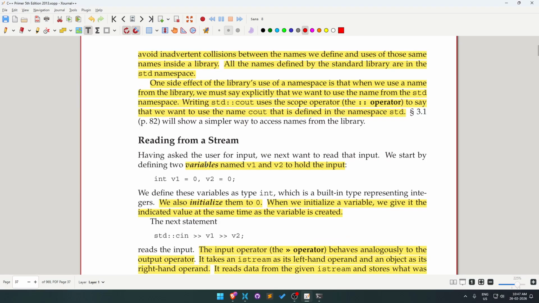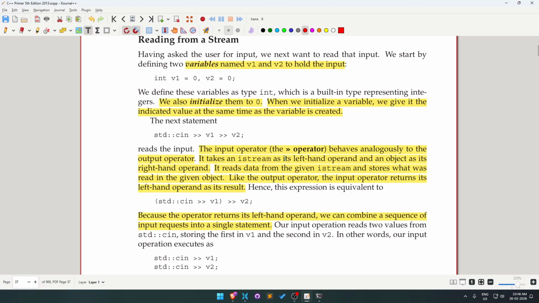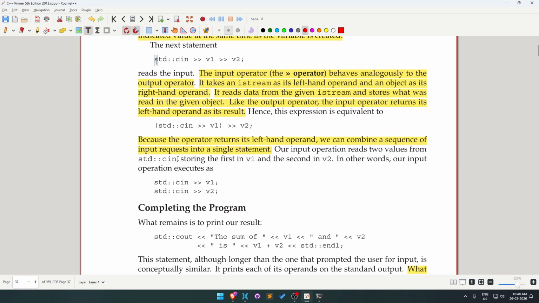Using named, reading, okay, reading from a string. The input operator behaves similarly. The output operator takes an ostream. Okay, this is an object, left hand operand, and an object as its right hand operand. It reads data from the given istream and stores what was read in the given object. Like the output operator, the input operator returns its left hand operand as its result, hence the expression. Because the operator returns its left hand operand, you can combine a sequence of